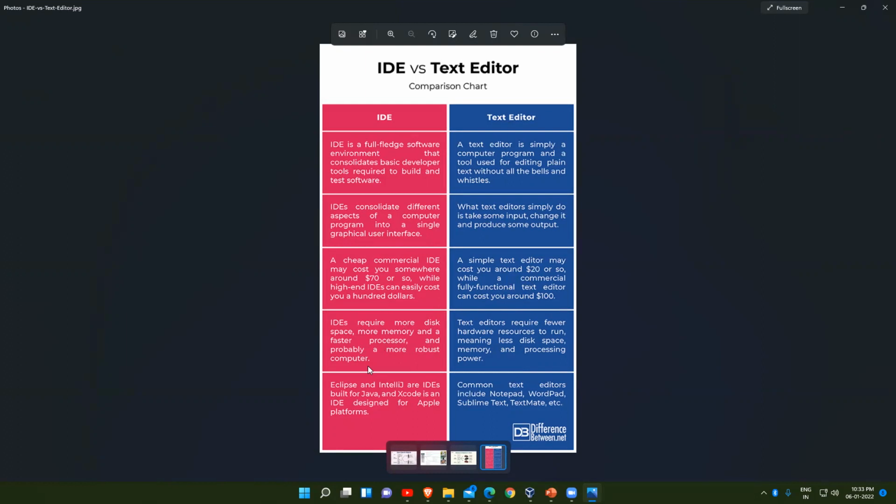You need a good computer to run these IDEs. But text editors are very lightweight, so with minimum disk space and minimum memory you can use them. Eclipse and IntelliJ are IDEs built for Java, and Xcode is for Apple. Common text editors include Notepad, WordPad, Sublime Text, TextMate, something like this. So this is the basic difference between IDEs and text editors.